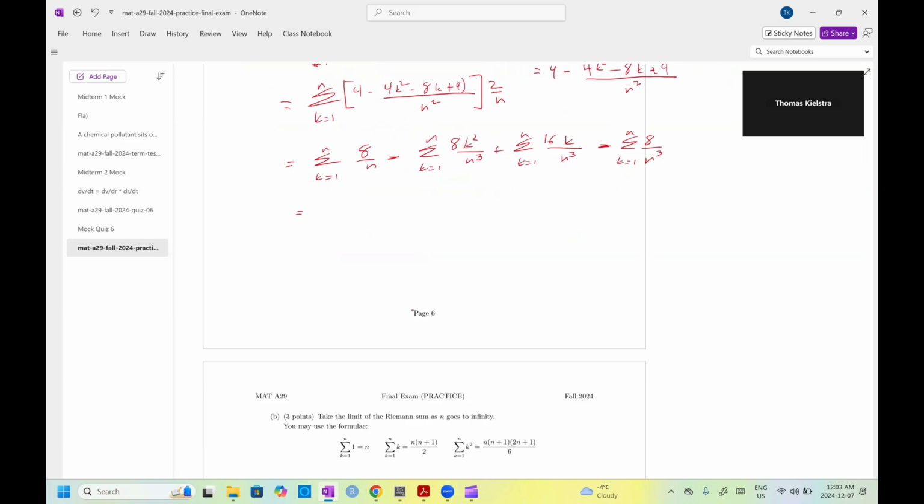So this is going to equal 8 over n sum of k equaling 1 to n of 1, minus 8 over n cubed sum of k equaling 1 to n of k squared, plus 16 over n cubed sum of k equaling 1 to n of k, minus 8 over n cubed sum of k equaling 1 to n